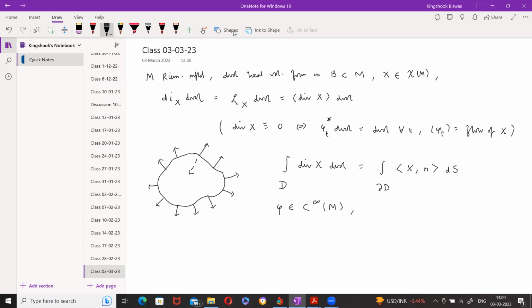So we also proved that if phi is a smooth function, then the divergence of phi X is equal to phi times the divergence of X plus the inner product of grad phi with X, right? Okay. So this last formula: if f is a C2 function on M,